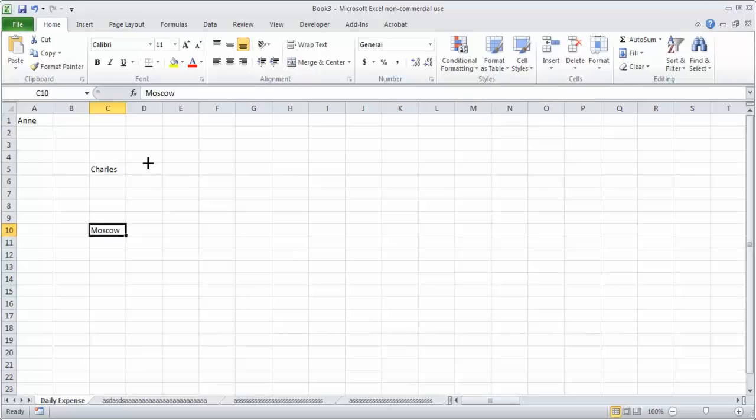Note that in all this time I am able to enter the values, but it depends on where I want to move next. When you are entering a lot of values, let's say you want to enter values like XYZ, and the next value you want to write over here, then you will start pressing the right arrow.